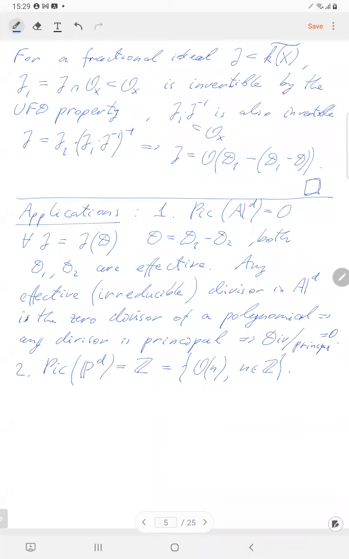Again, because any divisor is the difference of two effective divisors, and for an effective divisor D of degree n,